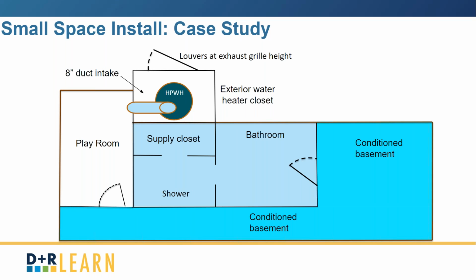So here's what this family opted to do. For the supply air, they brought in the conditioned air from the playroom. So the intake to the playroom, from the playroom. Their thinking was that the room is already heated and so it's going to be warmer year round, right? So the water heater would operate more efficiently. But then they also